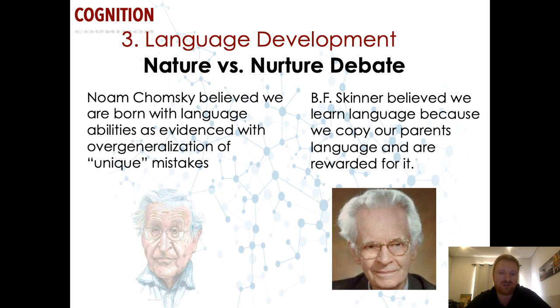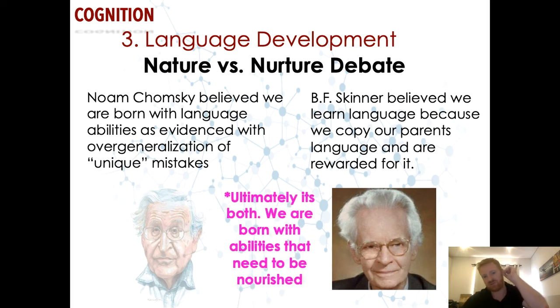And so therefore you're more likely to continue speaking the way that she does, because you are rewarded for it. Now, ultimately, it's both. We're both born with abilities to speak, but that also needs to be nourished in the context that our environment is rewarding us for the speech that we do make, and maybe punishing us for the mistakes that we make with our language, that we are learning from our parents. But at the same time, we're built to learn from our parents. And so it's always nature versus nurture.